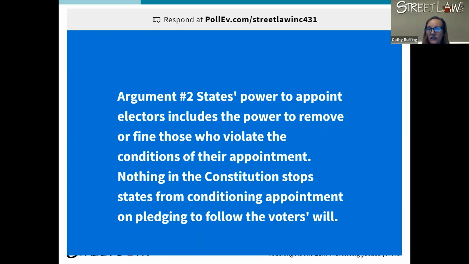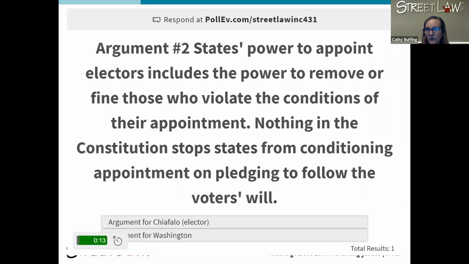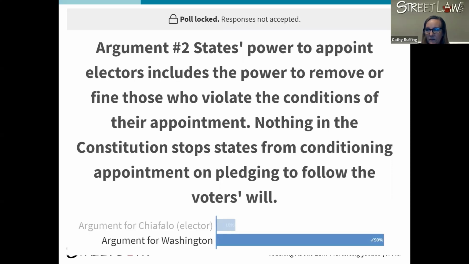Okay, I'm going to move on to the next one where you can cast your vote. Oh, the timer's working this time, so you only have 15 seconds to record your answer. Great, and this argument helped the state of Washington.